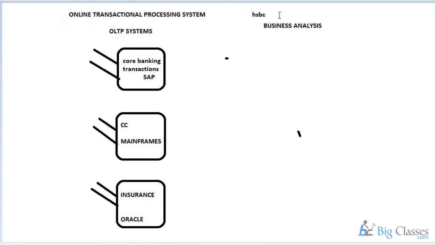Okay, so these are all the OLTP systems of the HSBC bank. Right. So basically, for performing the business analysis, what you have to do is that you require